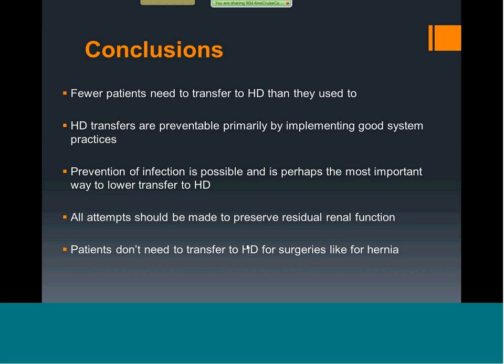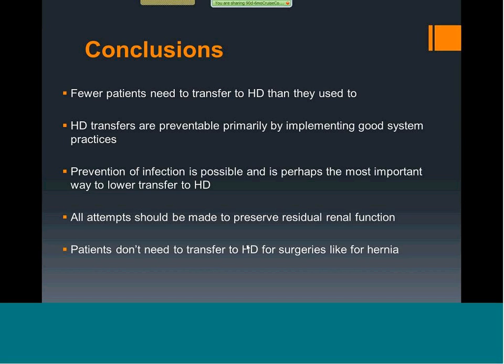If I am a nurse of a mid-sized program, let's say 8 to 10 patients, are there specific things that I should be looking for when a patient has to go on backup hemo in order to make sure that they do come back to PD? I think specifically what is done depends on the reason why the patient is in backup hemo, but I think constant engagement and support of the patient when the patient is in temporary hemo is critical.